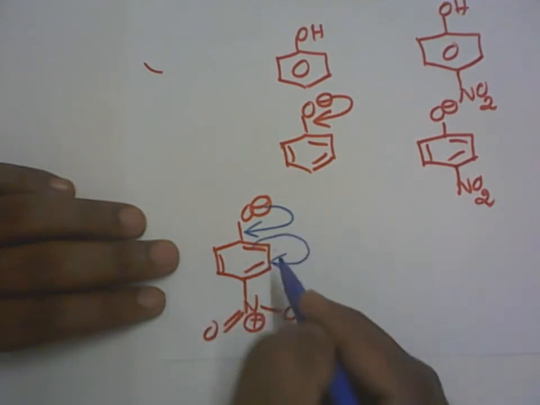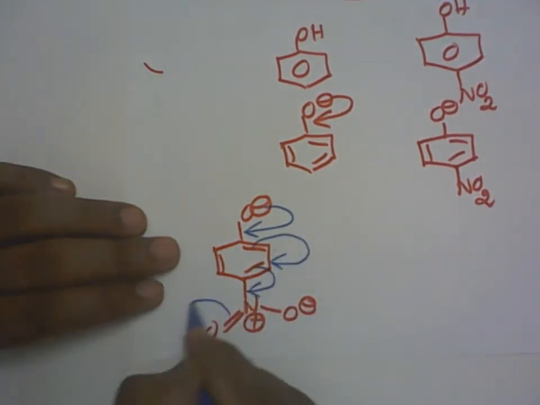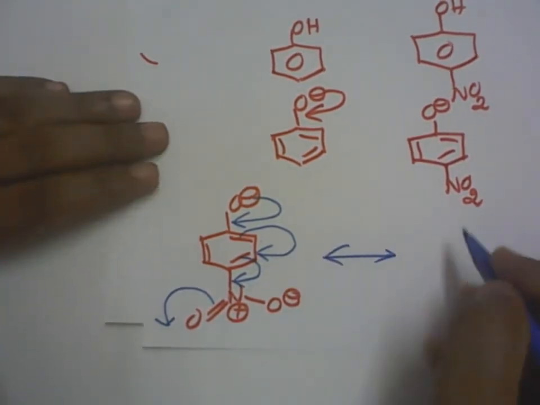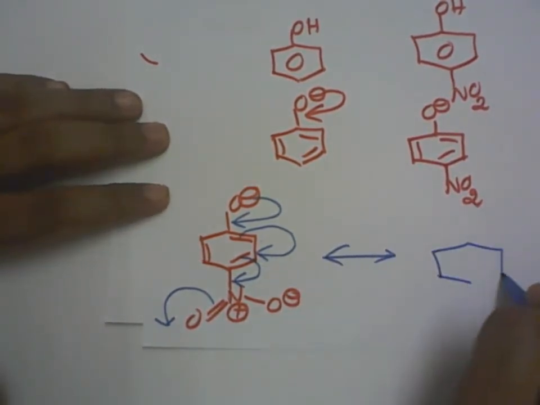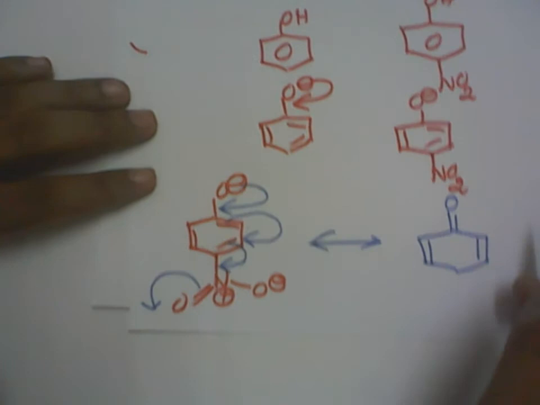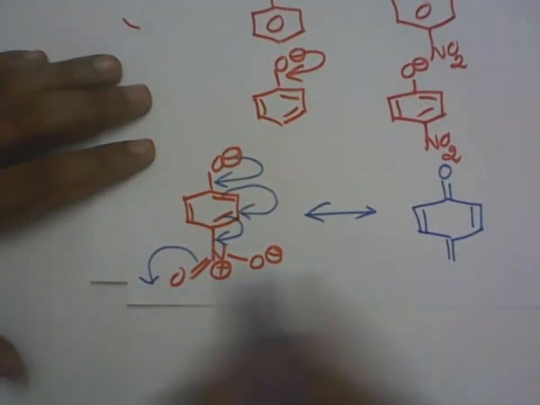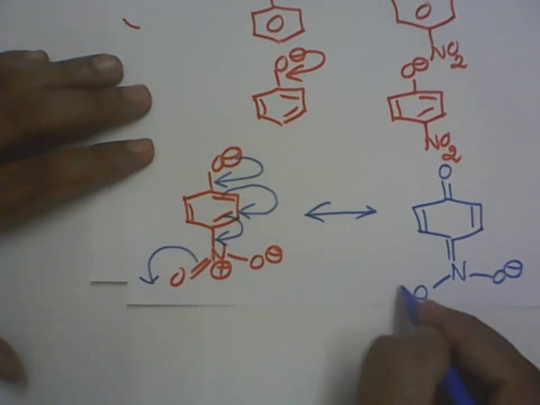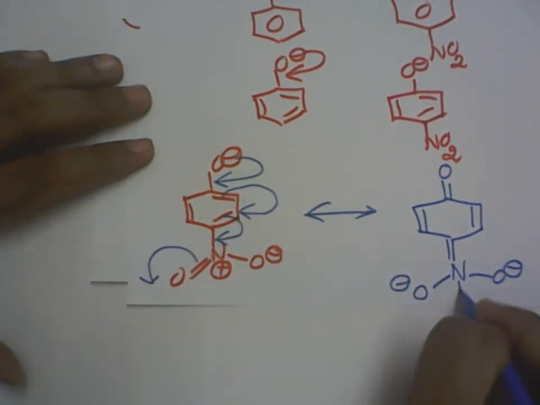The bond again shifts here. This bond can shift here. This bond also shifts here. So I'll write now the final molecule I'm going to get. The double bond is here. The double bond O is here. This becomes the double bond now. Here becomes the double bond now. NO minus it is. Now the double bond becomes a single bond. O minus again. Then this is a positive charge.